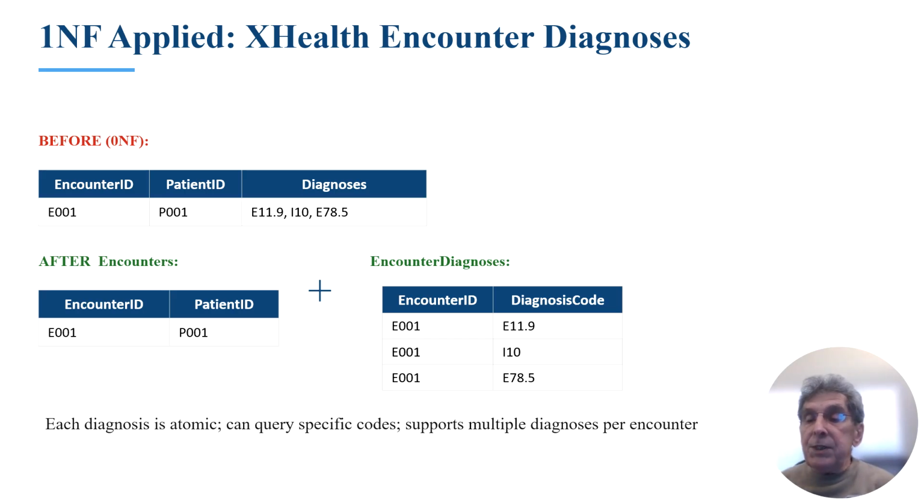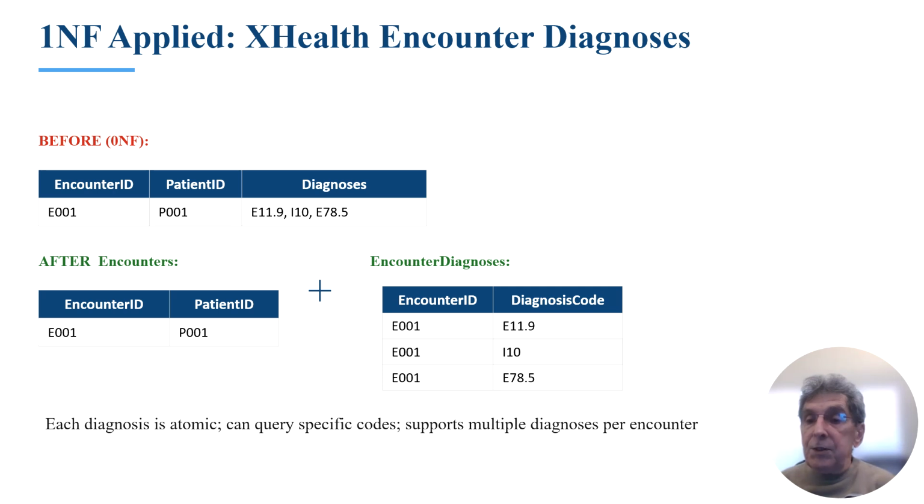The encounters table keeps the encounter ID and the patient ID, and the encounter diagnosis table has encounter ID and diagnosis code with one row per diagnosis. Encounter E001 had 3 diagnoses, so it gets 3 rows in the encounter diagnosis table. Each row contains exactly one atomic diagnosis code. Now we can easily query: find all encounters with diabetes becomes a simple WHERE clause. Count diagnoses per encounter is a straightforward GROUP BY